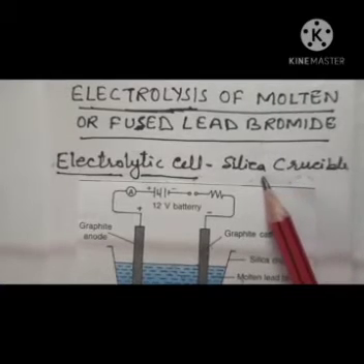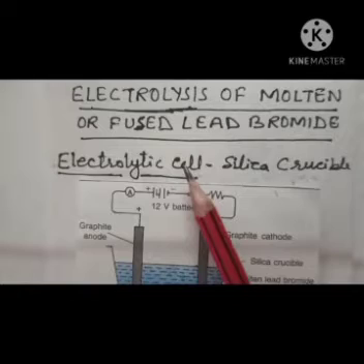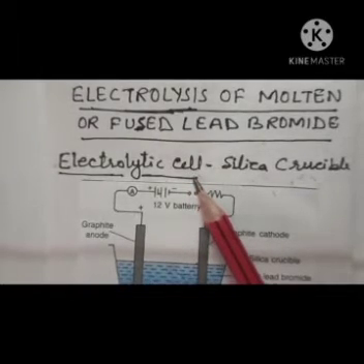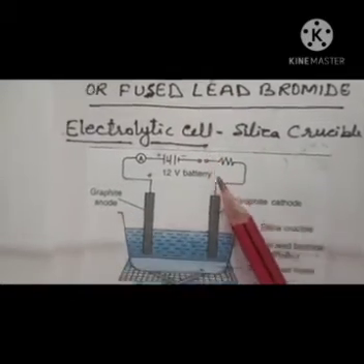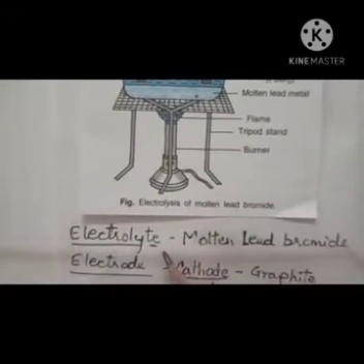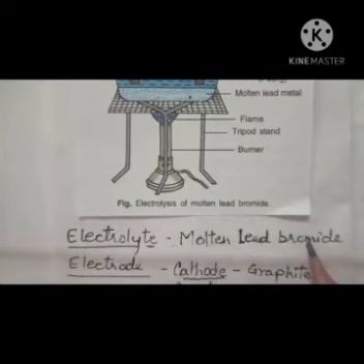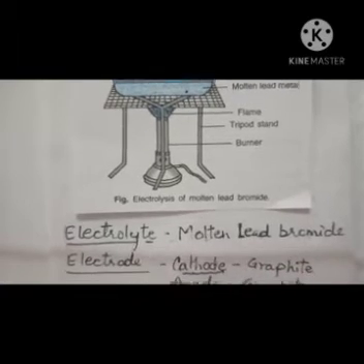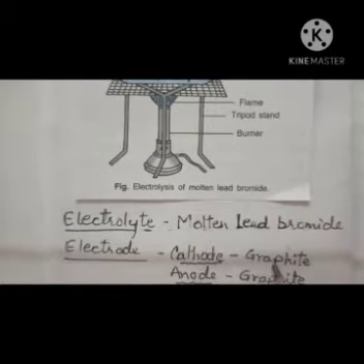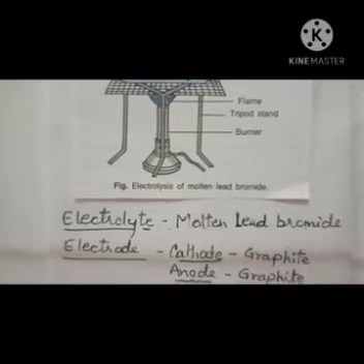That's why you take a silica crucible as an electrolytic cell, right? Next is the electrolyte. What electrolyte will you take? Molten lead bromide, right? And for the electrodes, the cathode is made up of graphite, and the anode is also